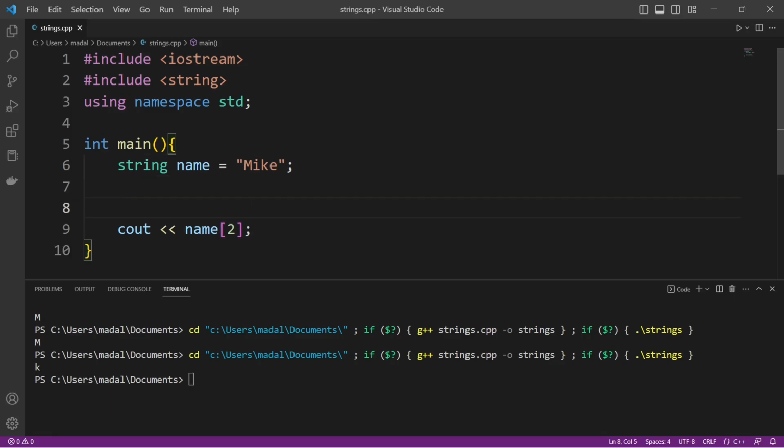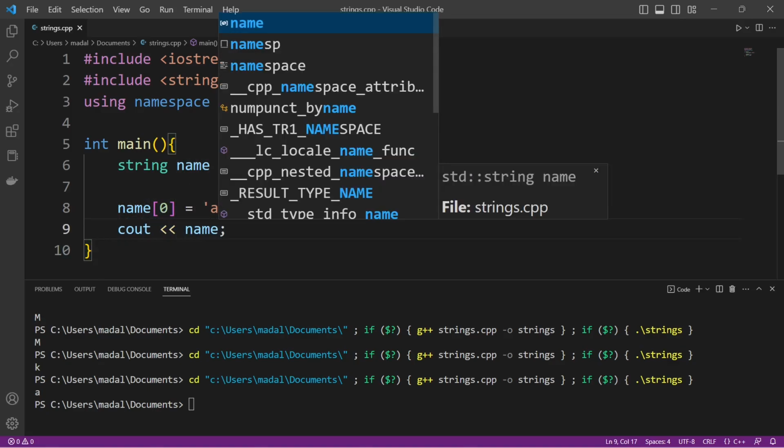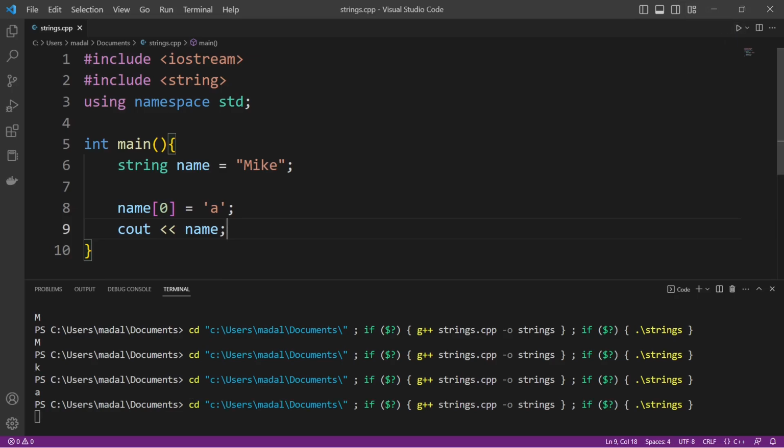Now, if you want to add a character to the string, or you want to replace a certain character in a string by another character, you can do something like name[0]. So this is going to be the first position. Now, since a string is made up of characters, you're not going to use double quotation marks. You're going to use single quotation marks, and you're going to introduce the character that you want to introduce. Let me output name[0]. If I run this, this is going to give me A because I changed the first character of the string to be A. Now let me output the whole string, and this is going to give me A and then